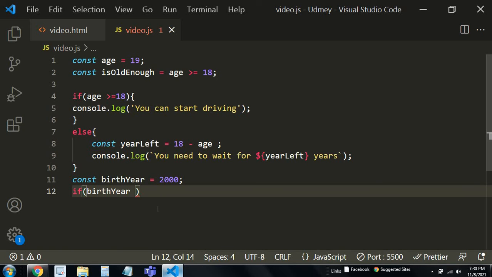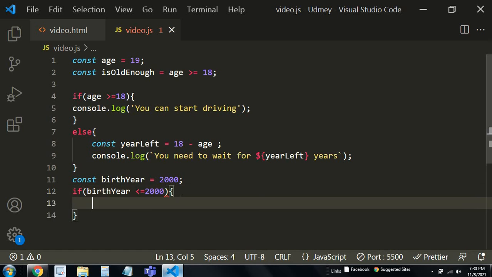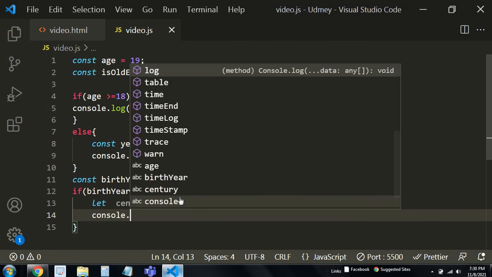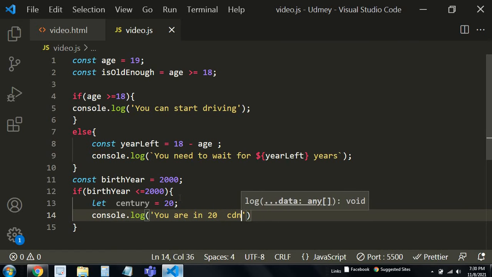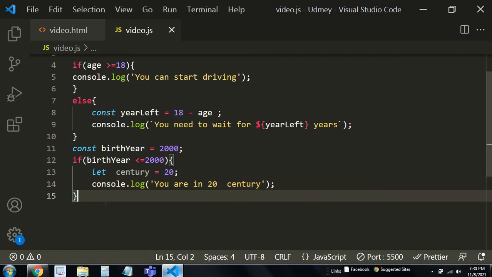If birth year is less than or equal to 2000, then it should show, let century is equal to 20, then console.log you are in 20th century. You can show like this.